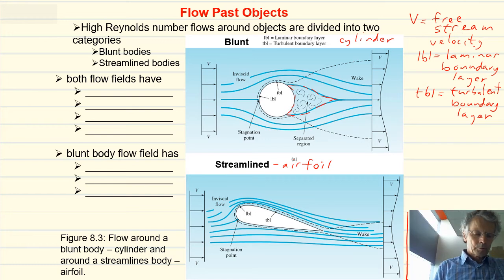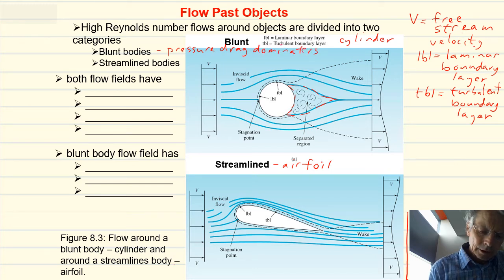So for a blunt body or object, pressure drag dominates. So we can make a note here that we'll say so-called pressure drag dominates. Okay, let's do it on the other side for streamlined. And streamlined, frictional drag